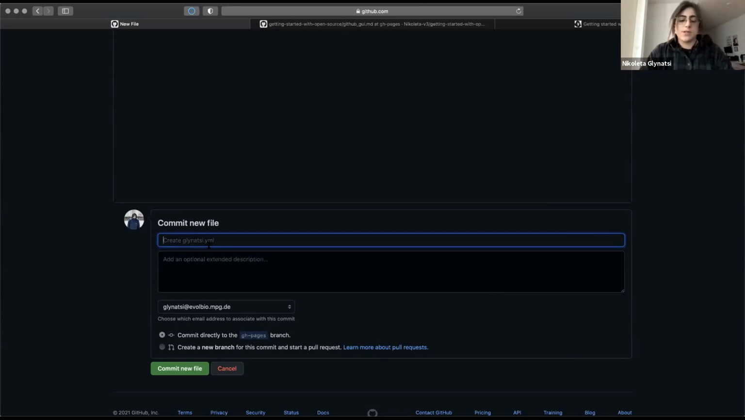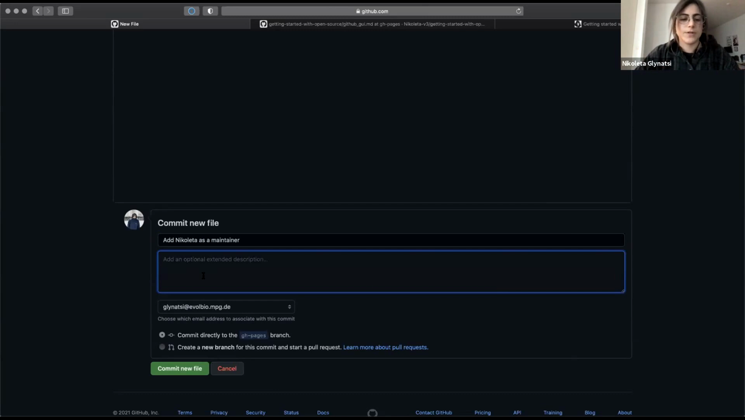So the title is going to be just add involved as a maintainer, which is short and to the point. And in the description, this is a small change, so you would argue that a long description is not needed. But I'm going to go and say added a file in the containers folder. Let's say, for example,